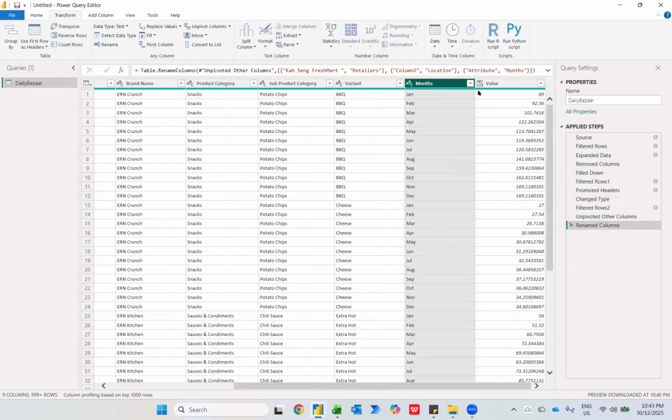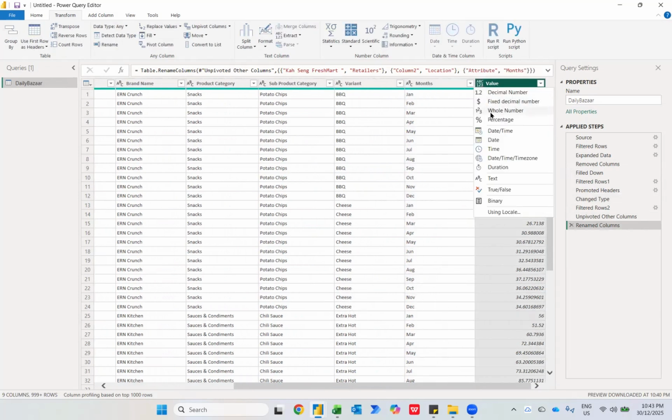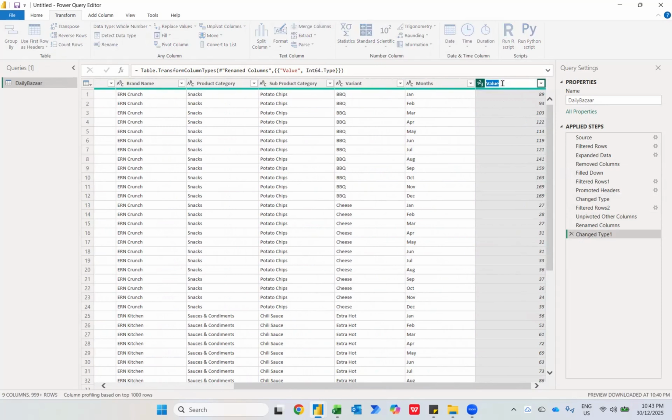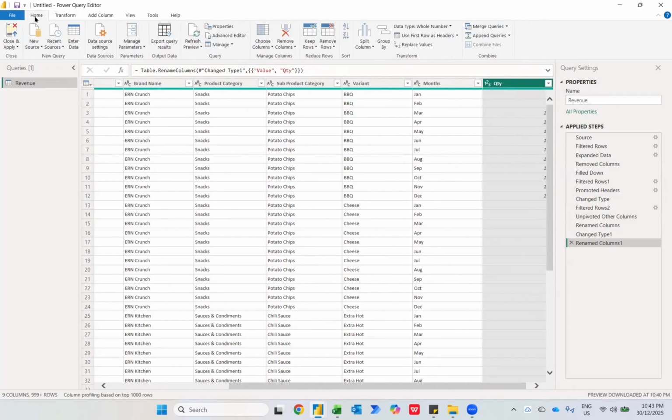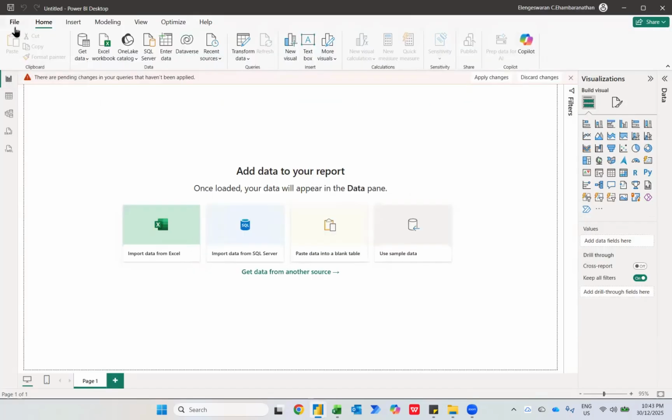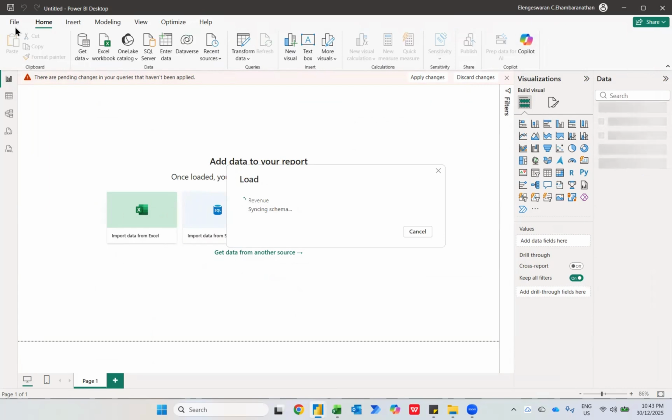What I have here is quantity. So I'm going to change this to whole number and put this as quantity. Alright, total quantity. Okay, now this name, instead of Daily Bazaar, I'll put this as revenue. Alright, there you go. And I'm going to go to home and close and apply. Once I press close and apply, you will notice the data will go back to Power BI, because close and apply means it's like close and load. It will load back to Power BI. So now we have